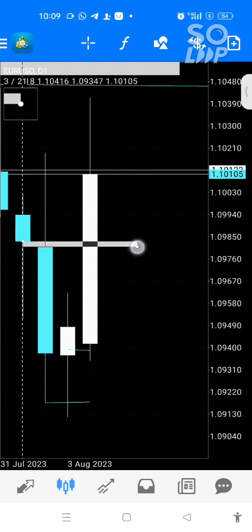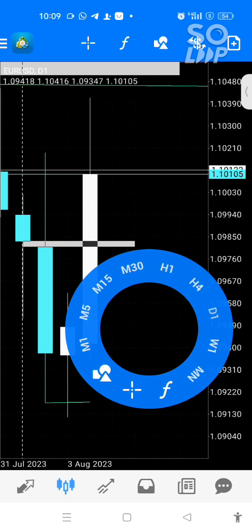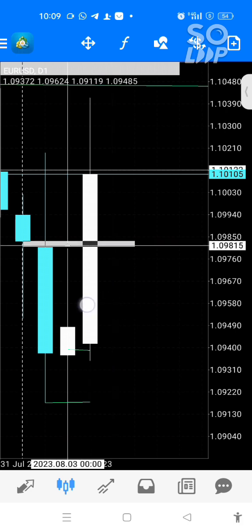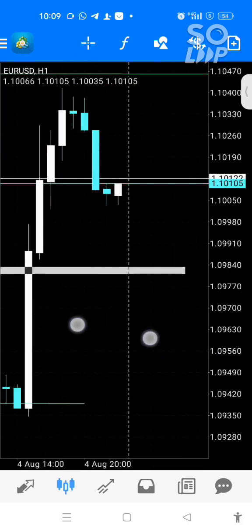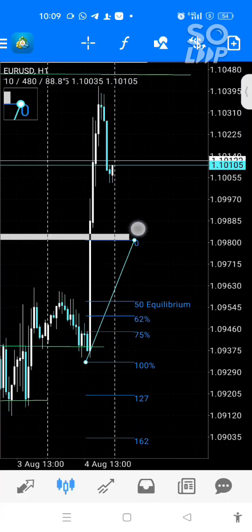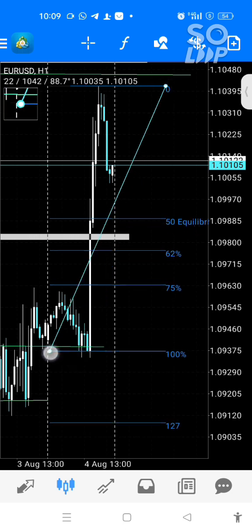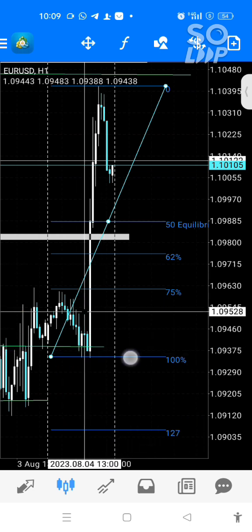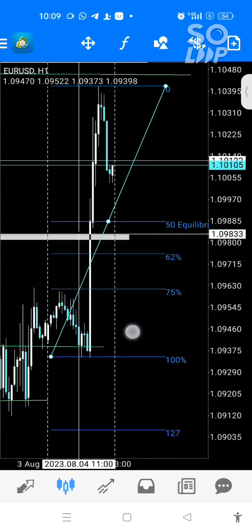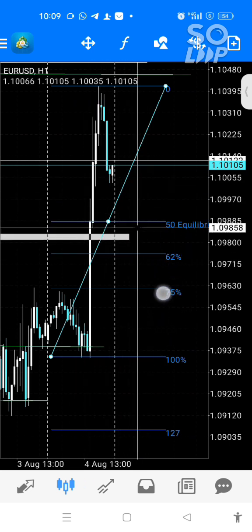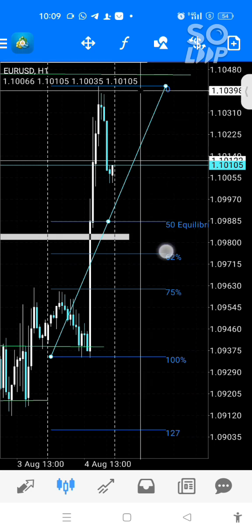But currently, I'm not going to trade on Monday. I may not even trade on Tuesday. So this is volume imbalance. And let me go to 1 hour. You can see it's a PDRA. Also, you can see this leg, your daily range from this low to this high is your daily range. And you can see that volume imbalance is below 50%. So this might be an area where the market will start buying from.